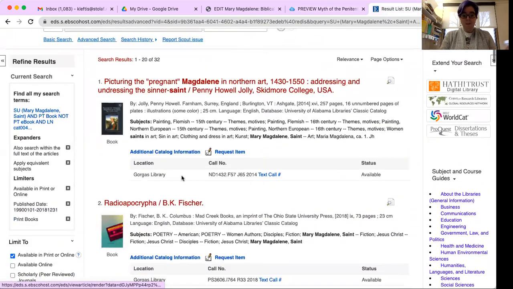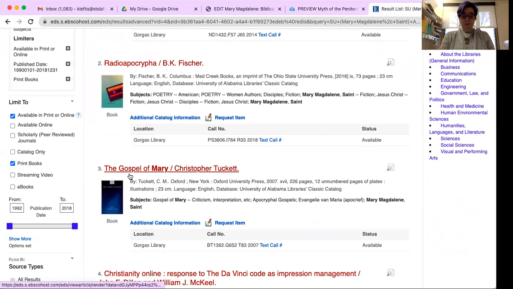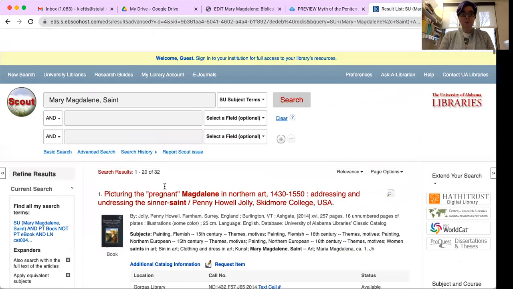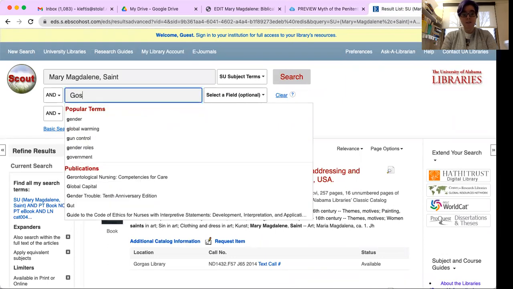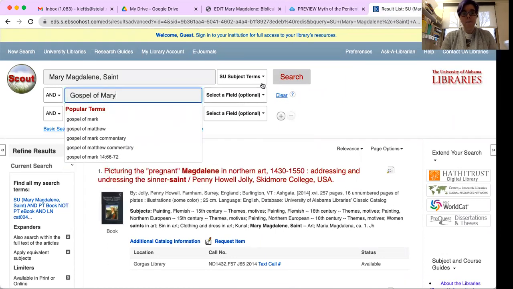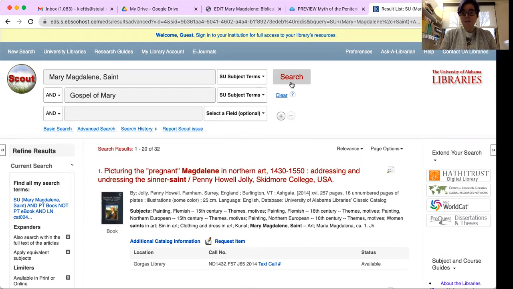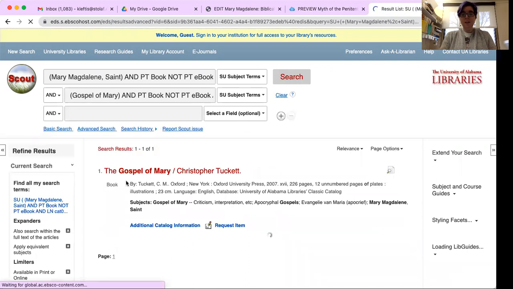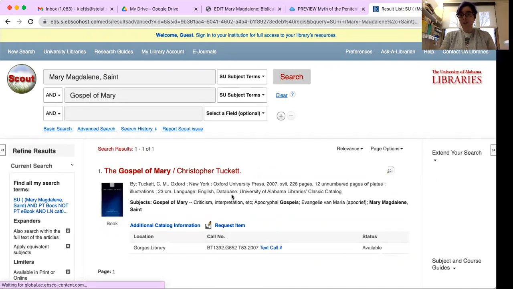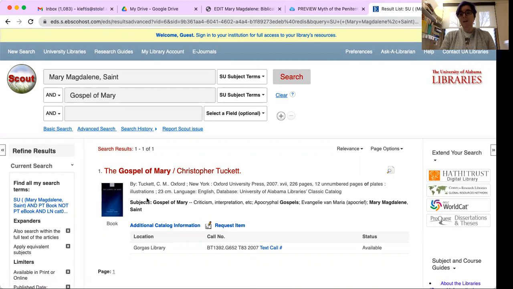So scroll through. Here we have material about the Gospel of Mary. What you could do is do a further advanced search and also search for that subject term, Gospel of Mary subject, and see if that further narrows the search. And it looks like we only have this one book in our collections about the Gospel of Mary. You may need to check WorldCat or OCLC for more materials outside of Alabama library collections for more on the